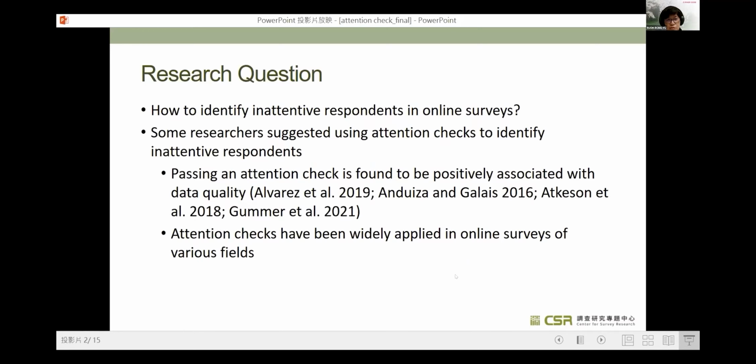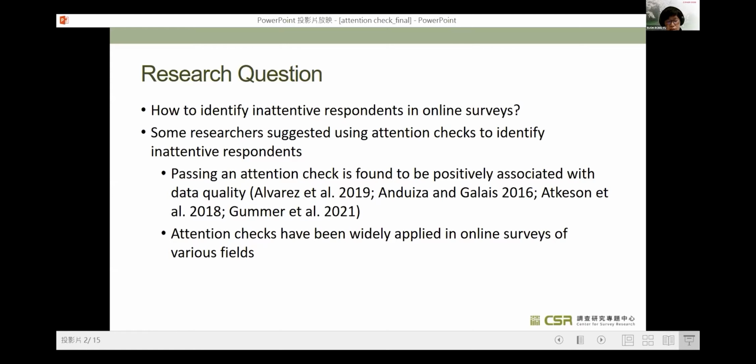As the research question is about the attention check in online survey. It originated from how to identify inattentive respondents in online surveys. Some researchers suggest using attention checks to detect inattentive respondents in online survey.